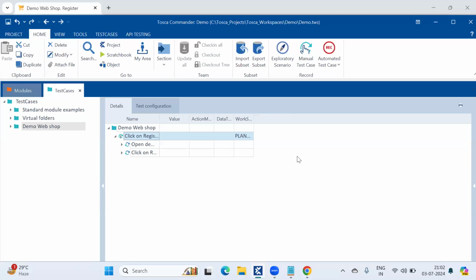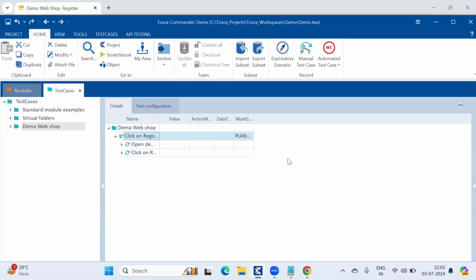And my doubt is, is there any chance of integrating the tool with Jira? Probably like Selenium and all, we can create the test cases and we can run through the tool. Usually they ask questions, ma'am, about integration of Jenkins with Tosca and also with Jira. Creating the test cases in Jira and running with this tool, is there any chance? Or else we have to create the test cases here itself and execute from here? We need to build the test cases here, and we will execute the test cases from here itself only.